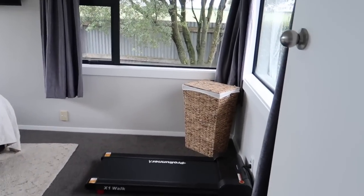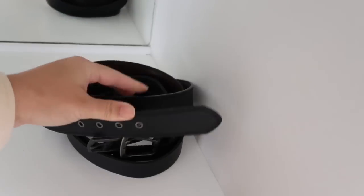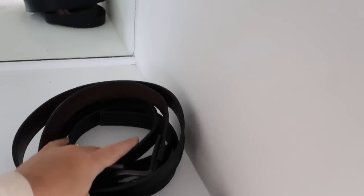Alright, so moving on to mine and Dane's bedroom. Dane's already gone through his side of the wardrobe and he gave me 2 belts that he doesn't want anymore, so I'm going to be decluttering those today. So they're going, and then I've got a mirror here